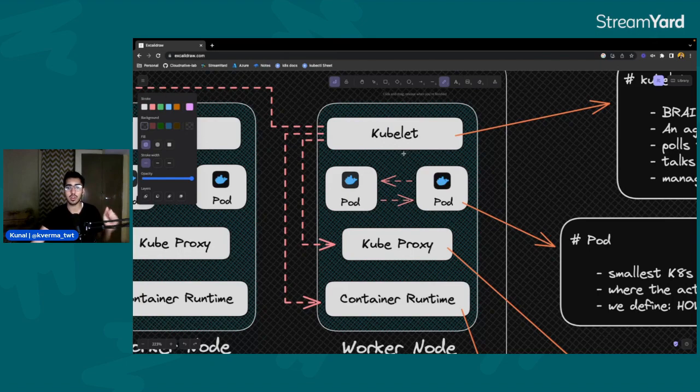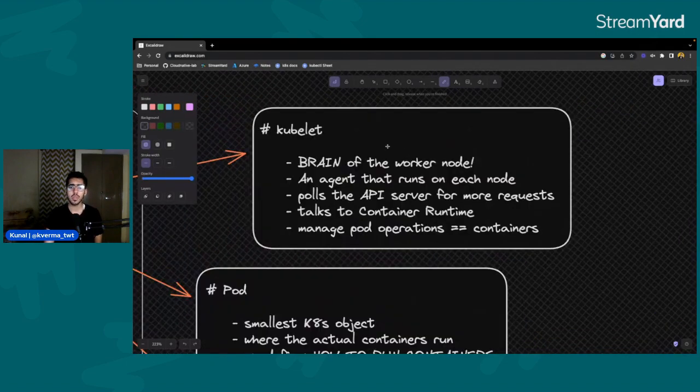So the number one component in the worker node is called a kubelet. It's pretty simple. Kubelet is basically the brain of the worker node. Now the API server, if you remember, is the brain of your entire cluster, right? The most important part in your entire cluster is the API server. And it's also, in a way, the brain for the control plane node itself. So when we are talking about a cluster-wide view, the brain is the API server. When we are talking about a master node's view, the brain is the API server itself. And in the worker node, when we are talking about the brain, that is the kubelet, the brain of the worker node. Okay. Now, kubelet is the agent that runs on each worker node.